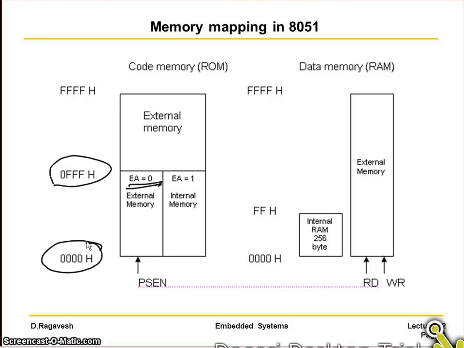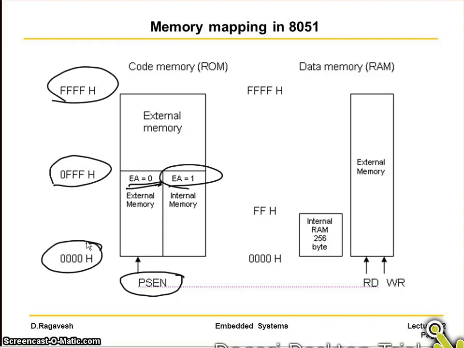You can see here the EA as 0. As I mentioned, EA is a hardware pin I have shown you in my earlier video. If EA is 0, it means external memory. If you want to program the microcontroller and execute instructions from the internal memory, the EA value must be 1, and external access is controlled by a hardware pin called PSEN. If you would like to have an external memory, yes, it is possible to interface external memory with proper address and data decoding, but the maximum spectrum will go up to only 64 kilobytes.